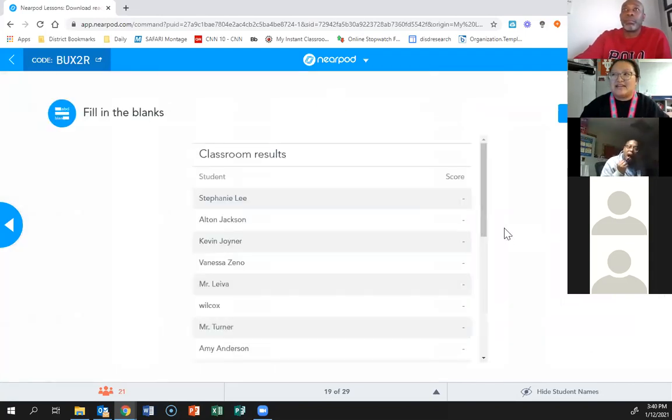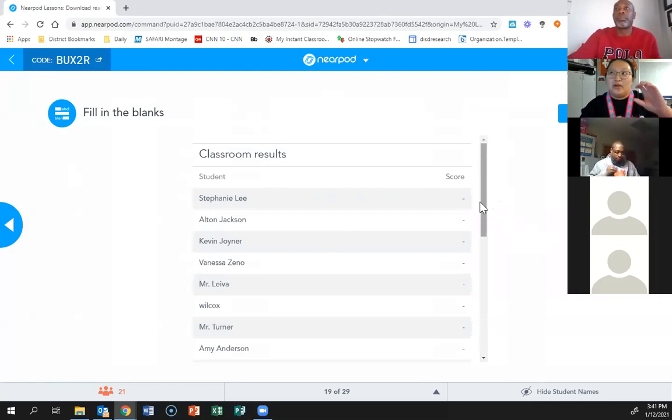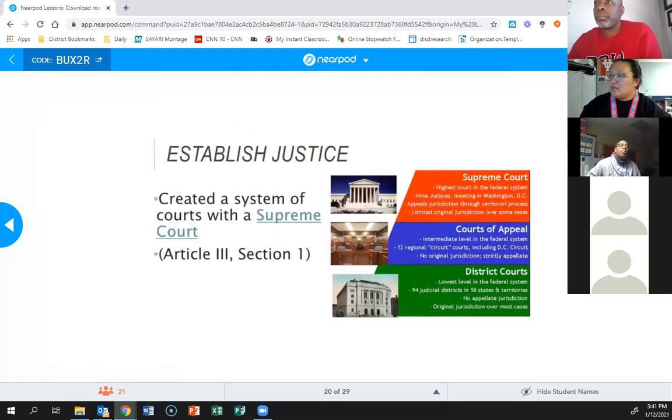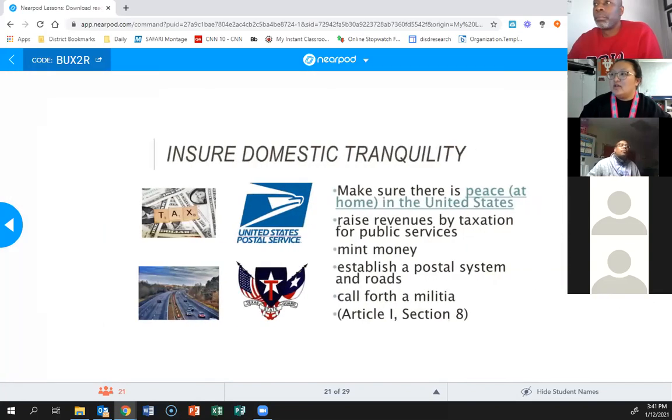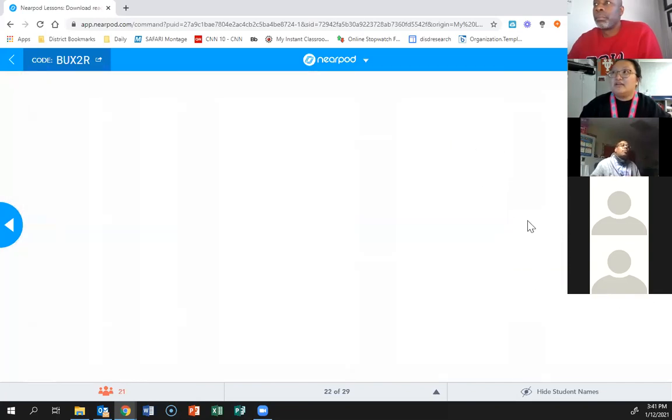Every 2 or 3 slides, I add in some type of activity to gauge, okay, did my students understand those last 2 slides? And so we have a fill in the blank where you have a word bank at the bottom, and then you have the words that they can click and drag into the sentence. You can even put paragraphs in here. I've done it multiple ways where it might be a sentence, it might be 2 different paragraphs, or it might be 2 different sections of information where they click and drag. And then we continue going through our notes. And then I have another activity